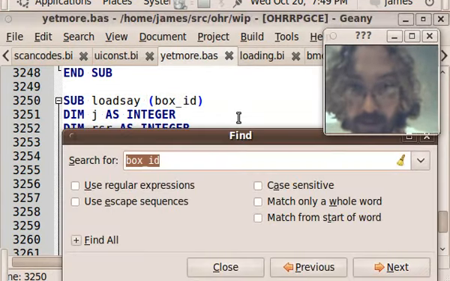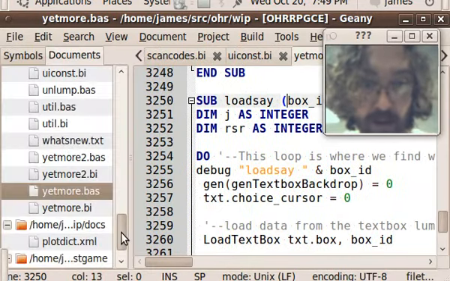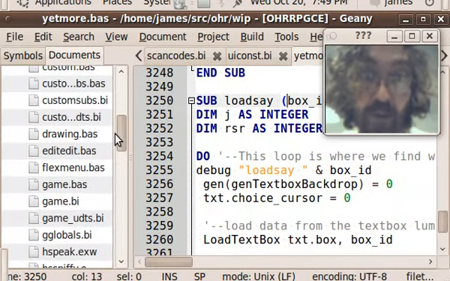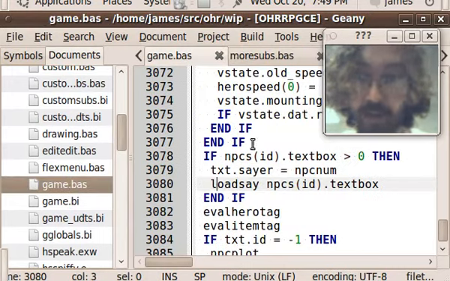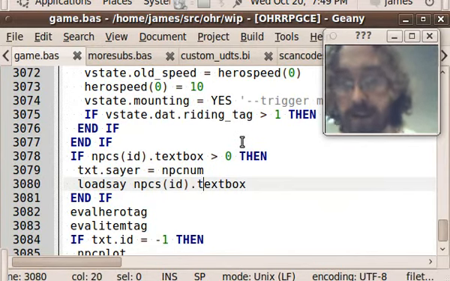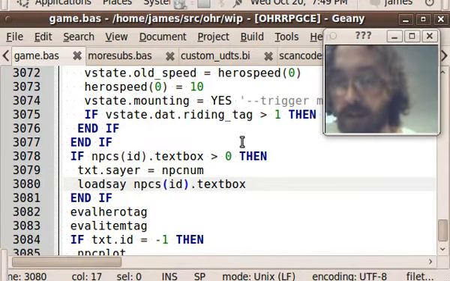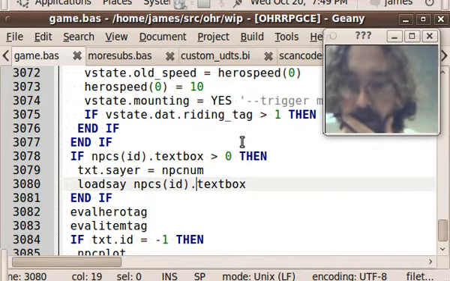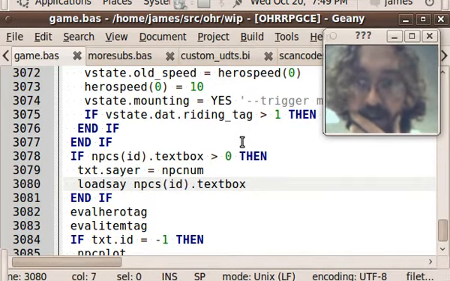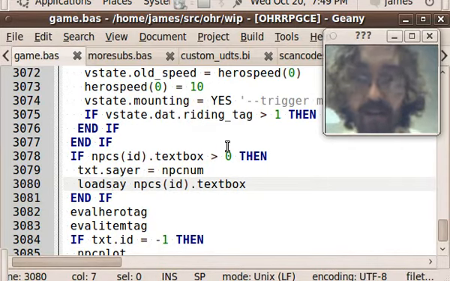Okay, let's find this. Let's find where load say is called. I suspect, I don't know for sure, I strongly suspect that I know why this is happening. Here we go. Load say is taking as its argument the text box member of the NPC's ID, well, that's the NPC ID, and it's taking that by reference,